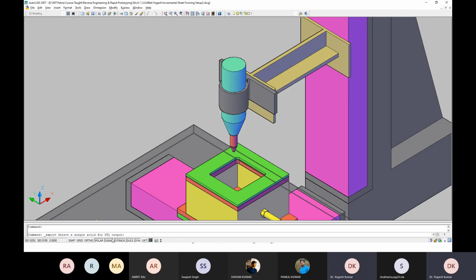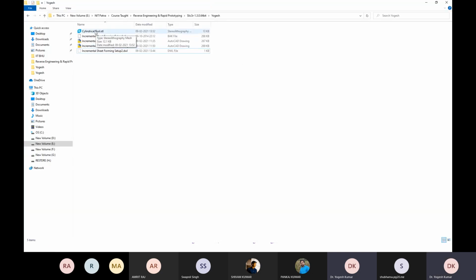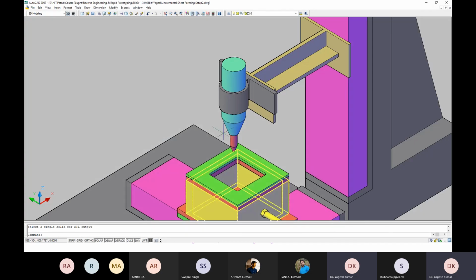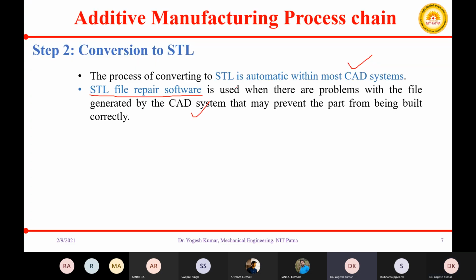Then it is asking to select the part which I want to export as STL. I have selected, and here you can see the file with the name cylindrical tool has appeared in that particular folder. So this process is completed, we have converted it into an STL file.